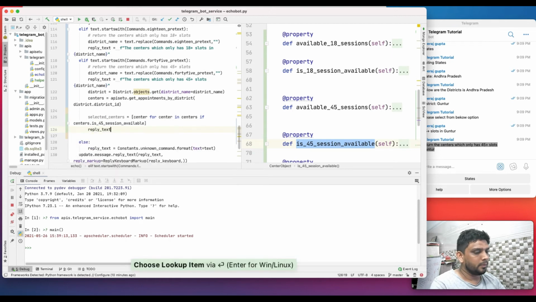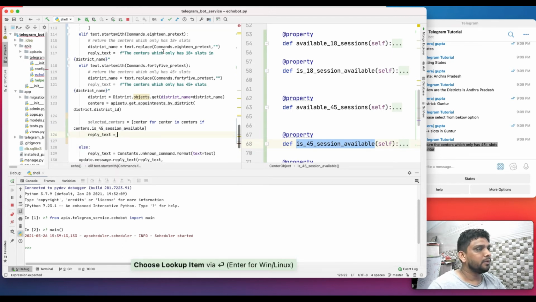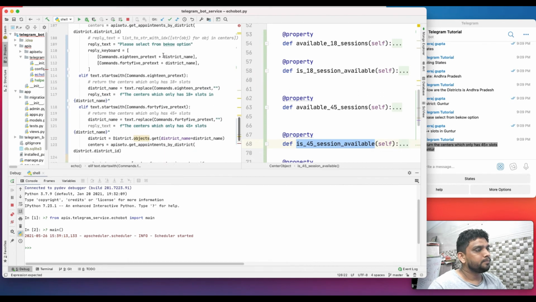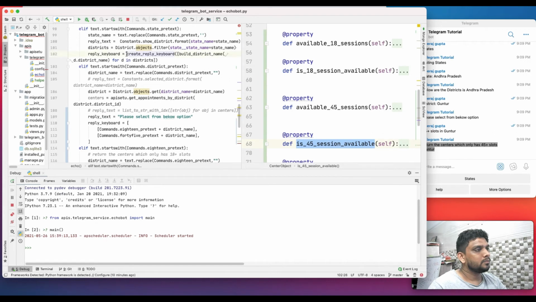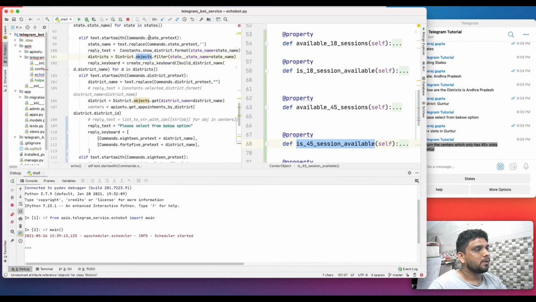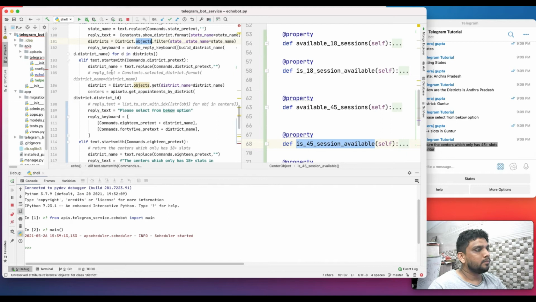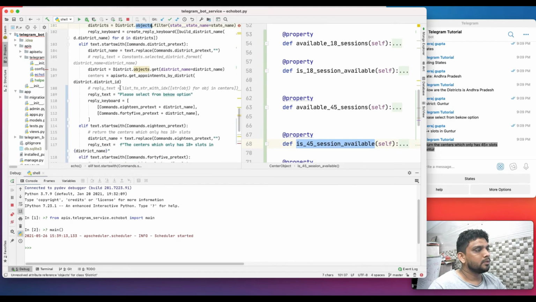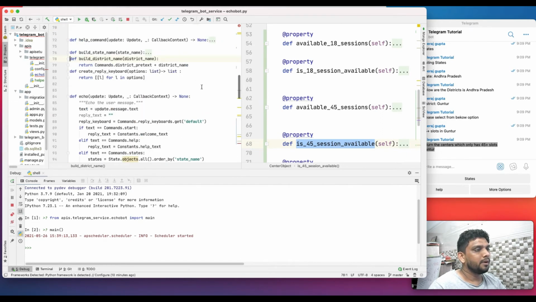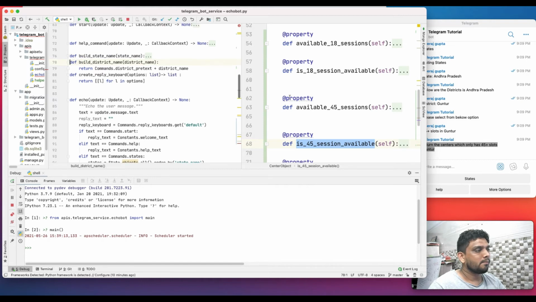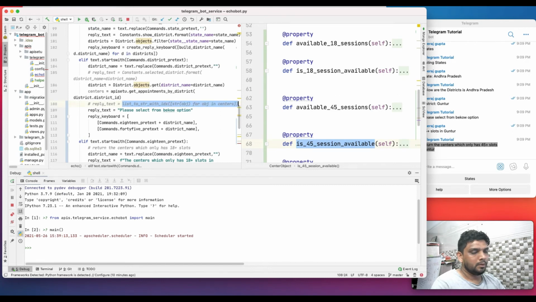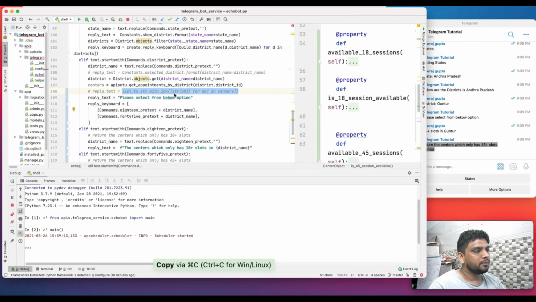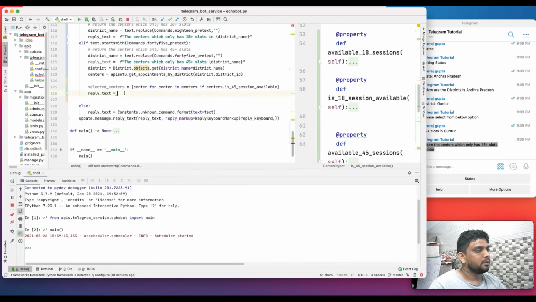Let's create a reply text like the previous one I created over here. This is what we have created: list to string with index and this stuff.